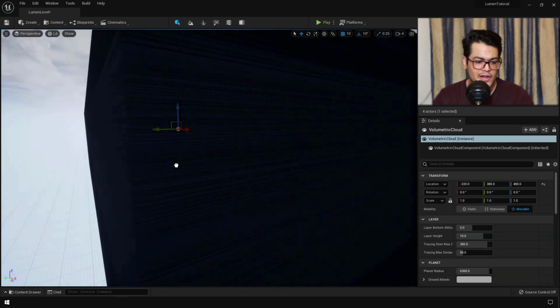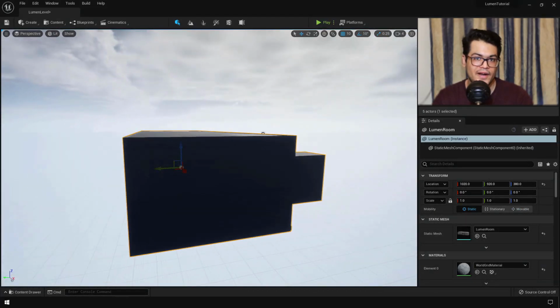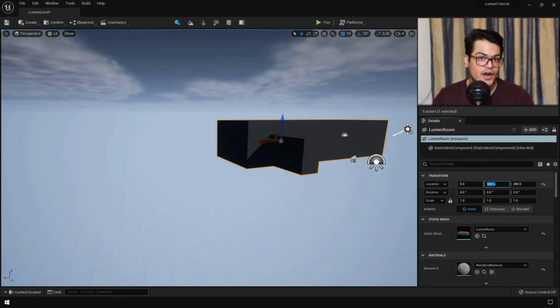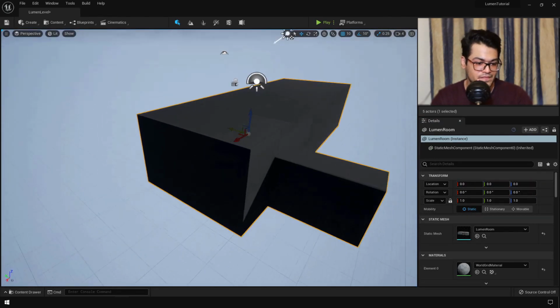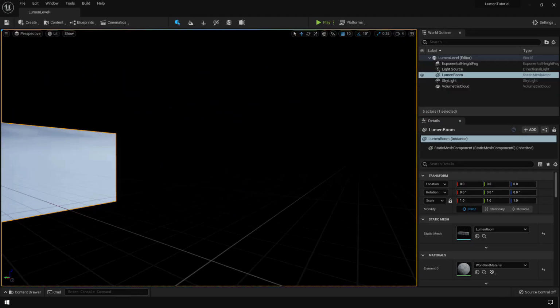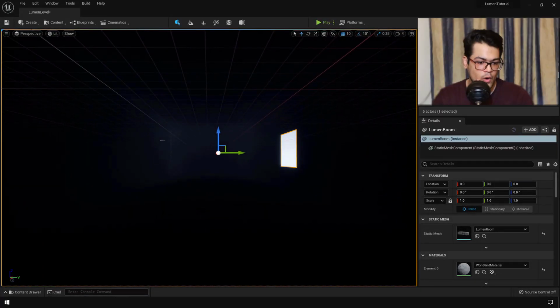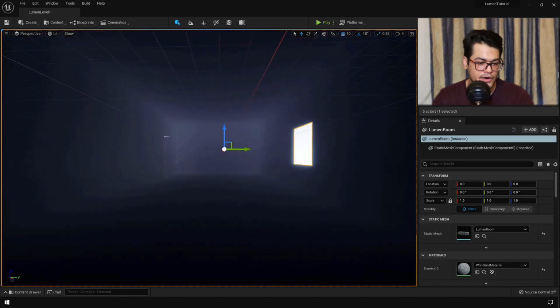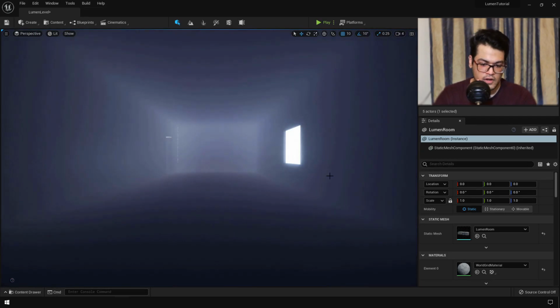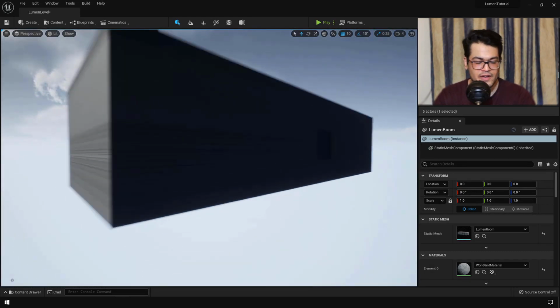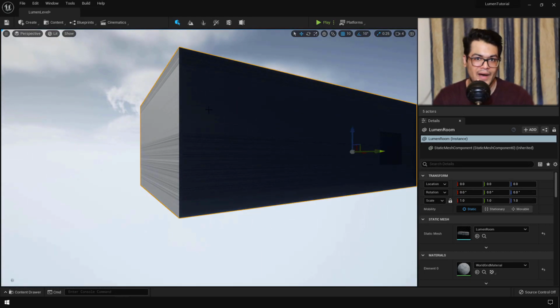And this is a level that I made pretty quickly inside Blender. If you want to download the FBX file of this model, I'll leave a link down in the description so you can do that. You can already see the Lumen real-time global illumination. So it's already working. But now as you can see, this model doesn't have any material and it's looking pretty bad. You could add your custom textures to this, it would look way better.